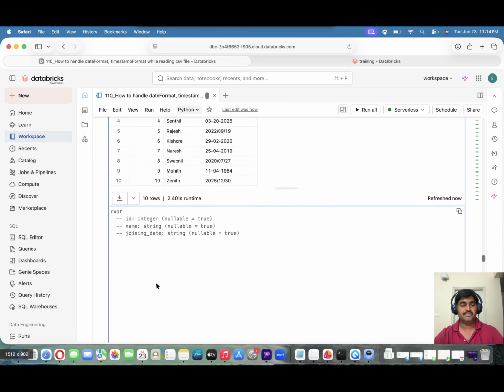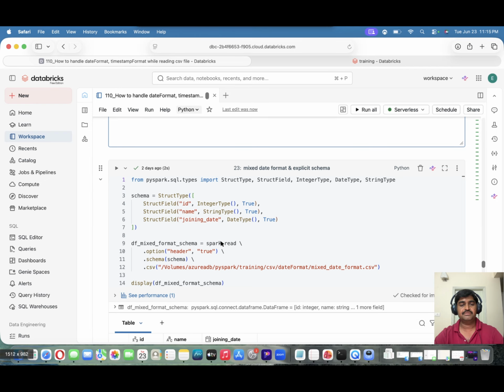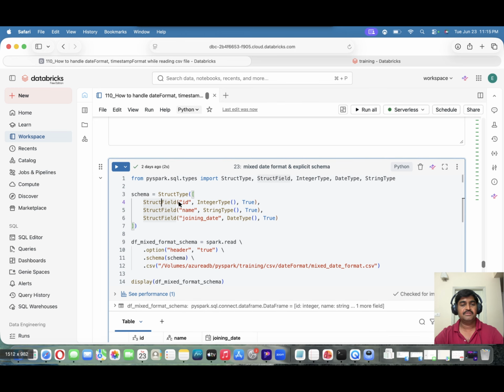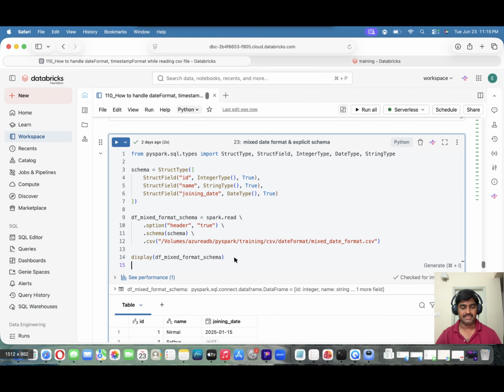Okay, so next, mixed date format with explicit schema. Earlier we used infer schema as true; here I'm using explicit schema. First I'm defining the schema: ID as integer type, name as string type, joining date as date type. And that schema I'm passing here. So now if I try to read this CSV file,